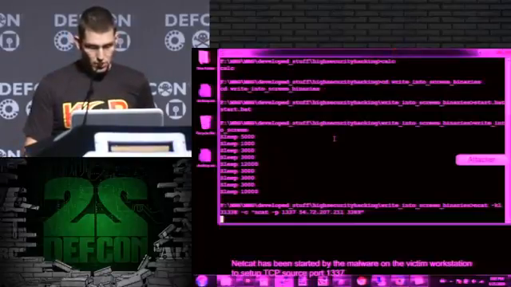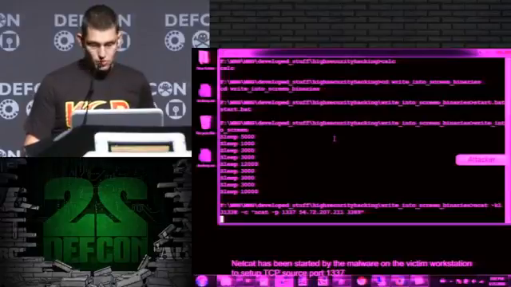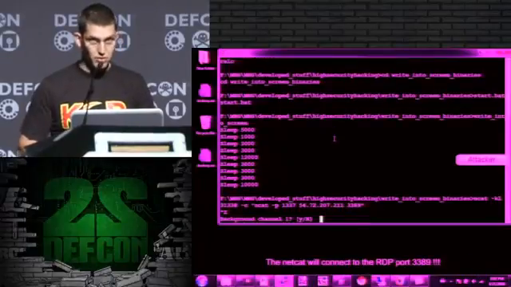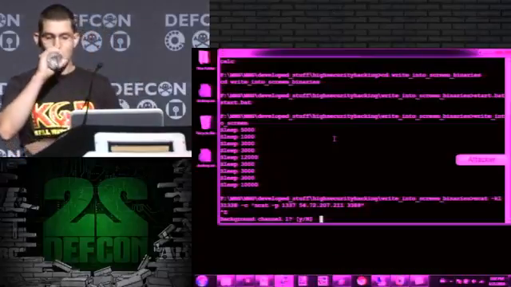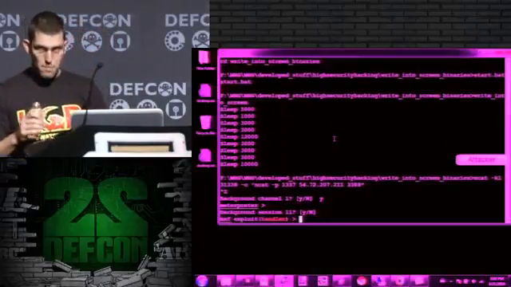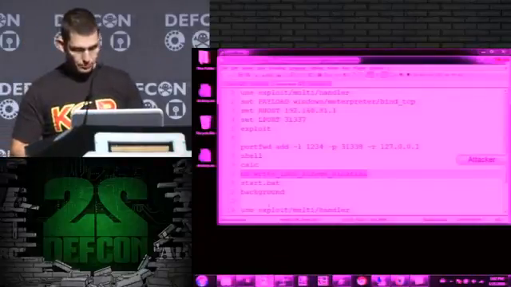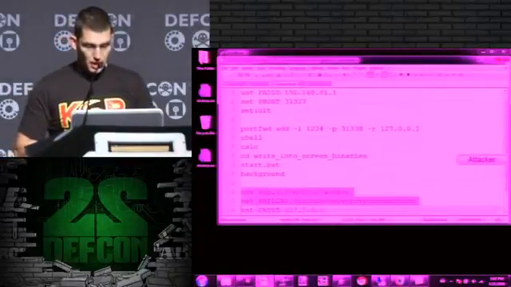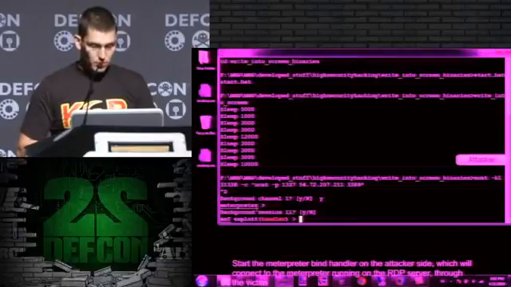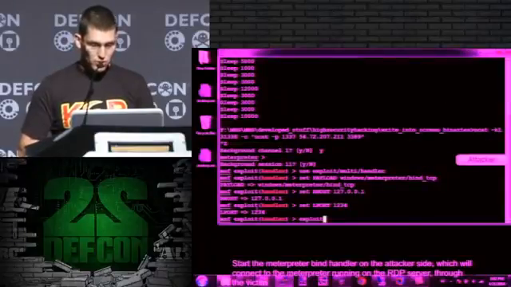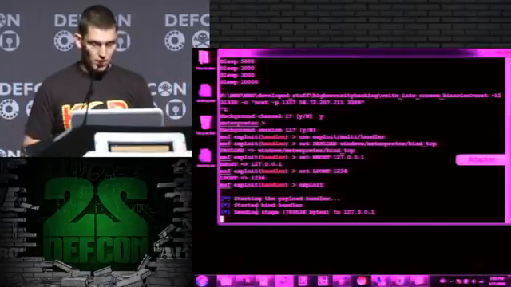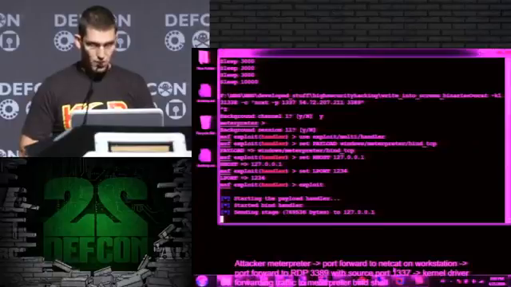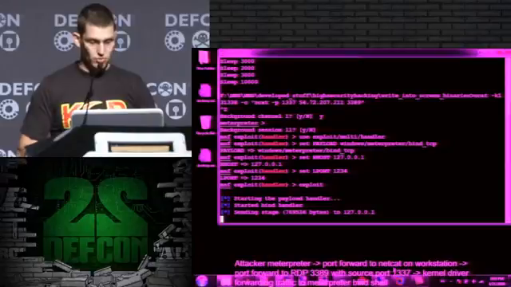Okay, now I start netcat on the user's workstation to set the TCP source port. And after everything is set, from the attacker machine, I can connect through all the port forwards and netcat and kernel driver stuff to the bind shell on the RDP server.